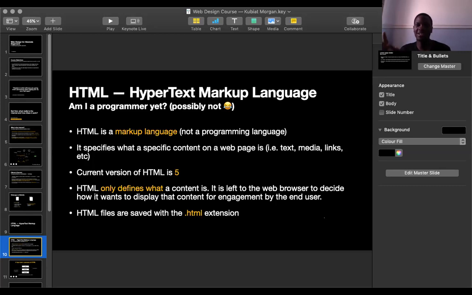Some of the characteristics of a programming language would be that it has a control flow. In fact, that's the core, a major functionality of programming languages. The control flow is what you use to tell the computer how to make decisions. But that is not what this class is about. I just had to bring that in so that you understand why I'm saying HTML cannot be a programming language. That's because HTML does not have a